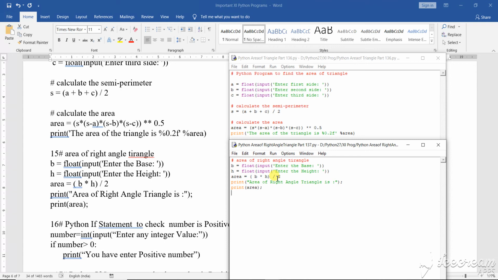You must know the formula, you must know the implication of the formula, then only you can do the particular work. Okay, so read all the formulas for calculations of different perimeters and areas of different types of geometrical shapes. Clear? So this is what I have done. This is the triangle, and this one is a right angle triangle. The value calculated here is for a right angle triangle, and this value is for a triangle. The triangle formula has been used here, and the right angle triangle formula has been used here. Clear?